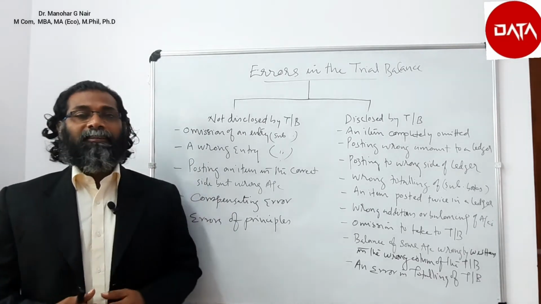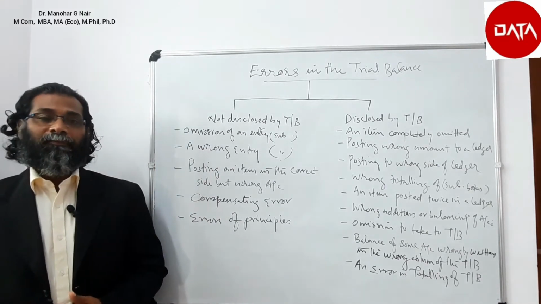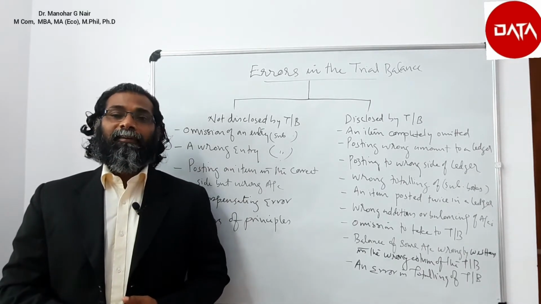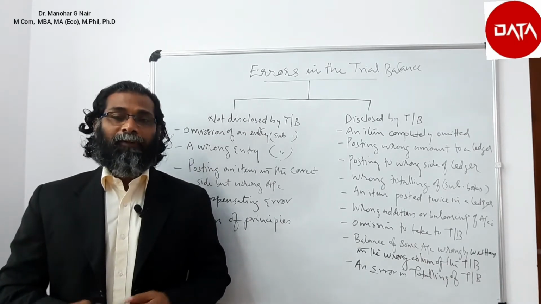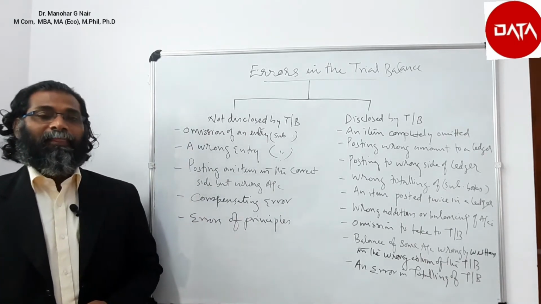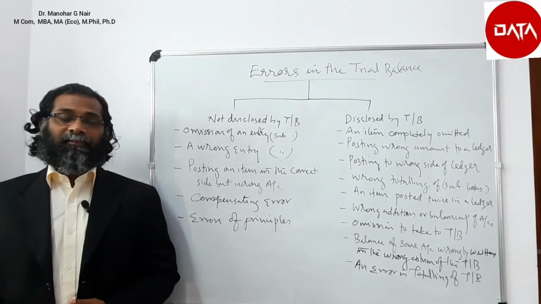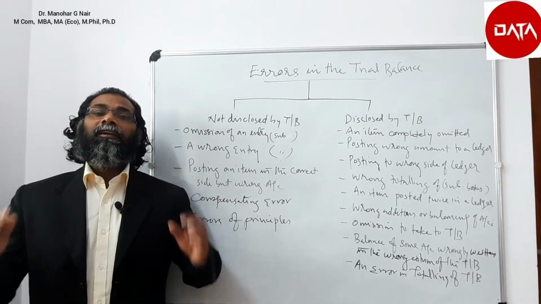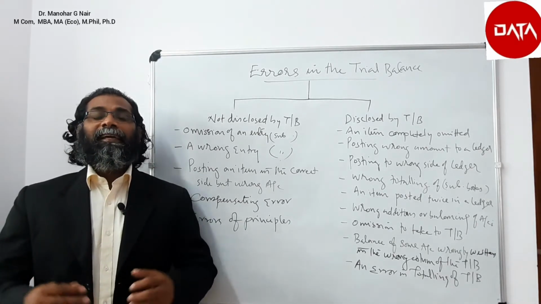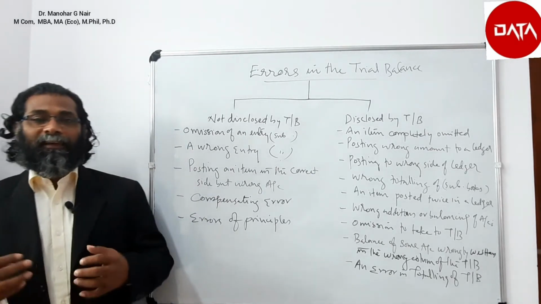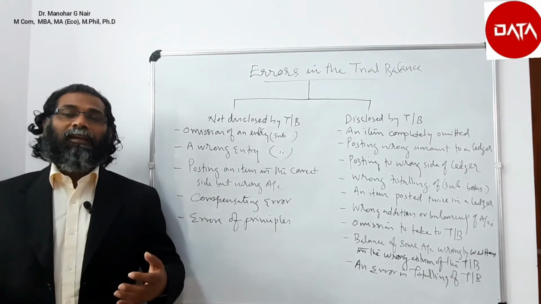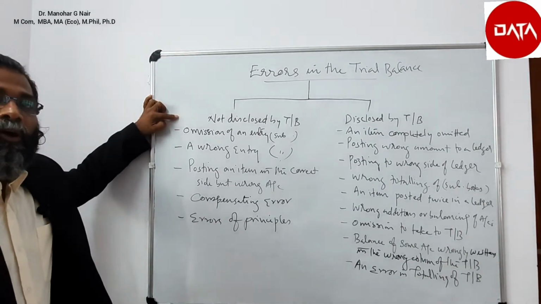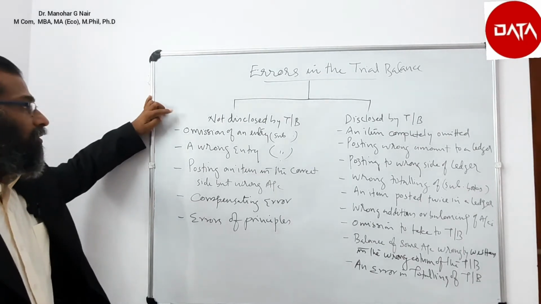The mistakes or the errors which we can trace out, which we can identify because of the disagreement in the debit column and credit column of a trial balance, are said to be errors disclosed by trial balance. But there are certain errors which will not reflect in the agreement of the trial balance. Even if that mistake is there, the trial balance will agree, or both the columns will tally. The errors which are not disclosed by trial balances are: